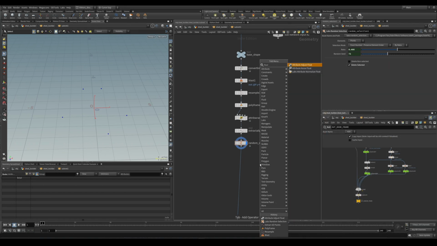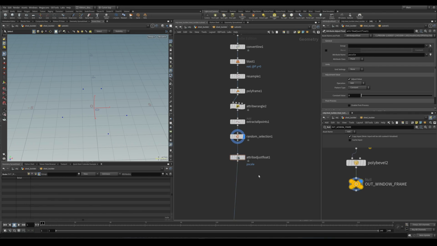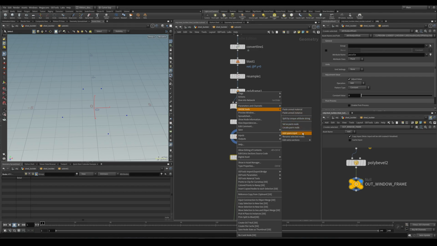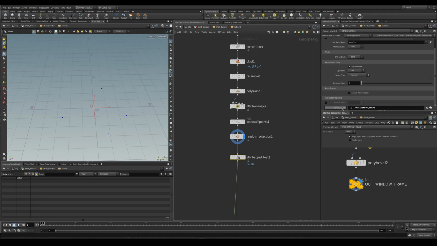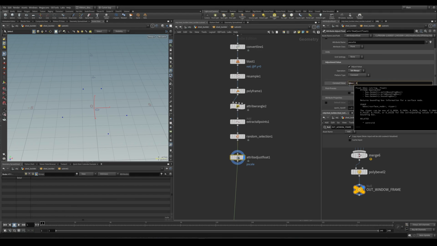So put down a float attribute adjust, and let's get spare input reference from our doors and our windows. If you're using my tools, you can just select the window frame, select also P scale, go ahead and add spare input, and it should automatically create the spare input parameter. But if you don't use it, you have to do it manually by add spare input and referencing the end of this parameter. And its value we want to say set always, and for the constant value we want to use a bounding box. So it's going to be -1, and